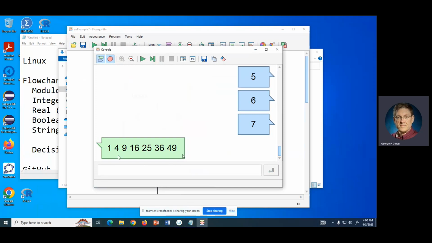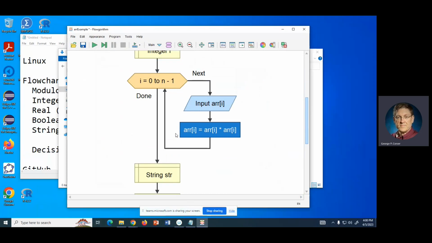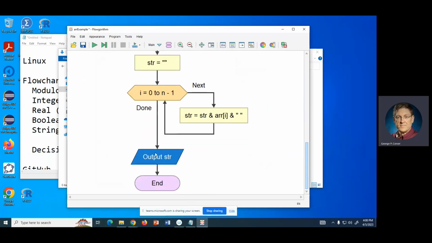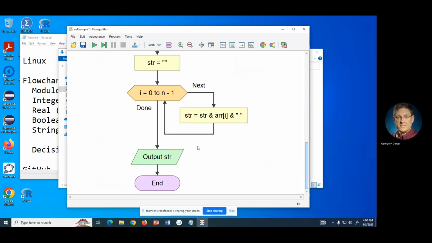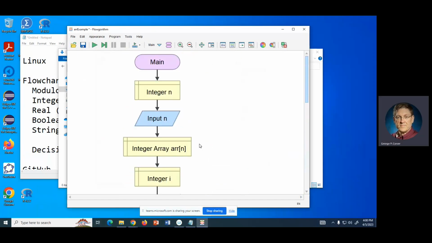Now let's suppose at the very end, I want to swap the first one and the last one. I want to put the 49 first and the 1 last. All the other numbers will stay in the same place. How can I do that? This happens at the very end of the program, before we print out the string. I want to swap. What's the last one? It's ARR of n minus 1, right? That's the last one. So if we want to swap them,